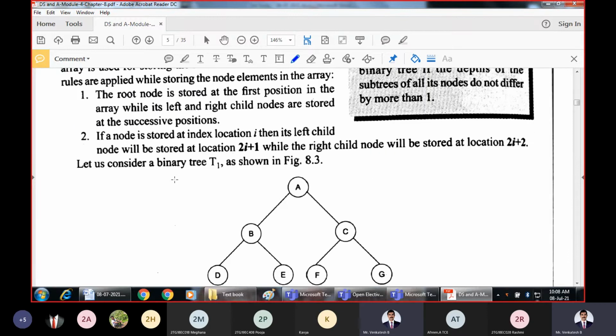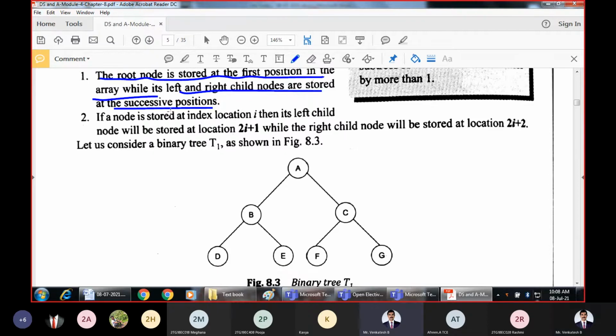For array representation of a binary tree, the root node is stored at the first position in the array, while its left and right child nodes are stored in the successive positions. So we use an array to store the root first, then the remaining children will be stored in the array.